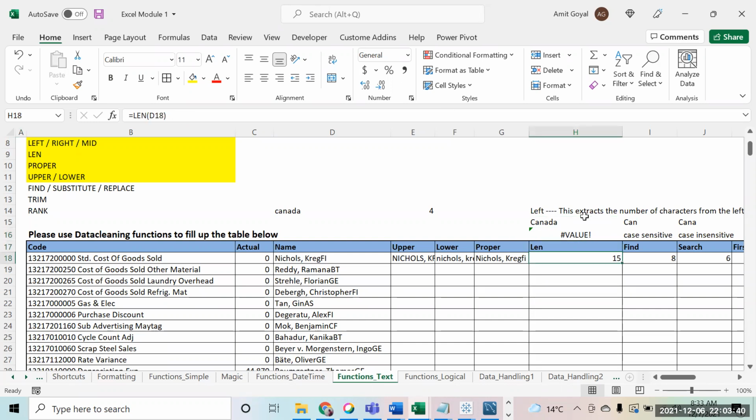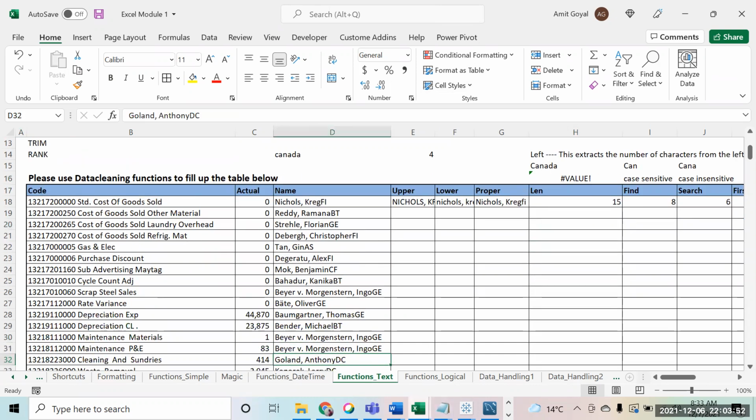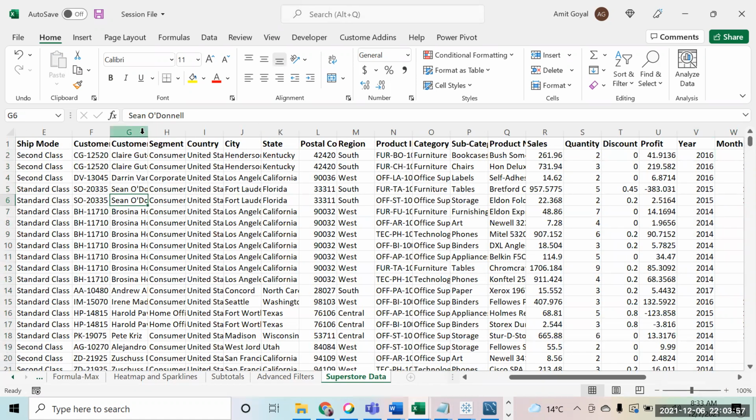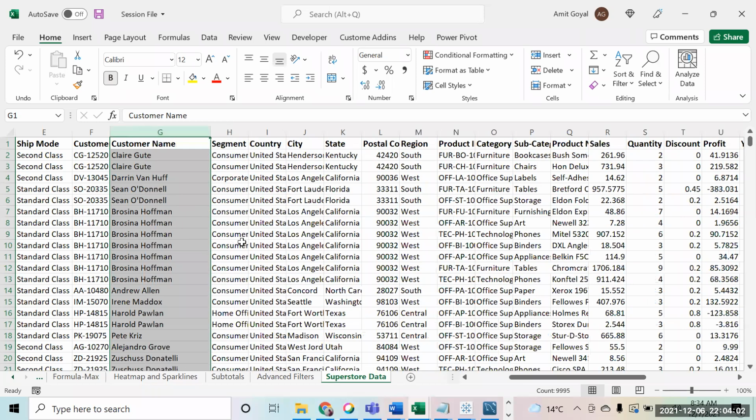So anything else I can help you all with? Please try these questions once. And you can try the same question on that session 5 also, like I shared with you. In that also you have data of customer names. Try to extract the first name of the customer, the last name of the customer. Try to replace the value. These formulas will need a little bit of practice so that they stay intact in the mind. Plus you are able to use them promptly.